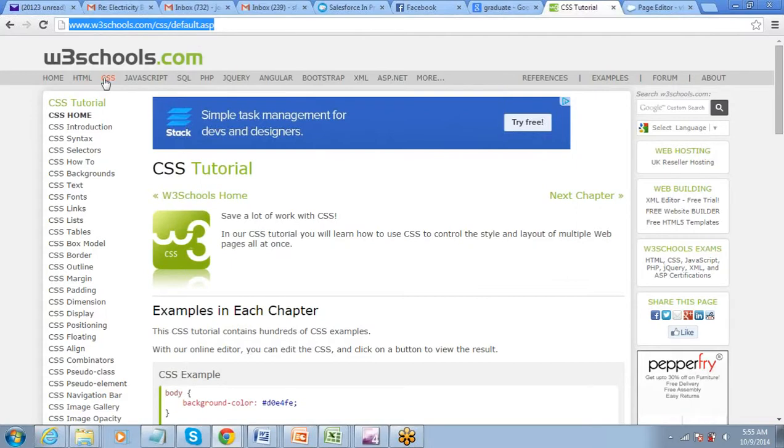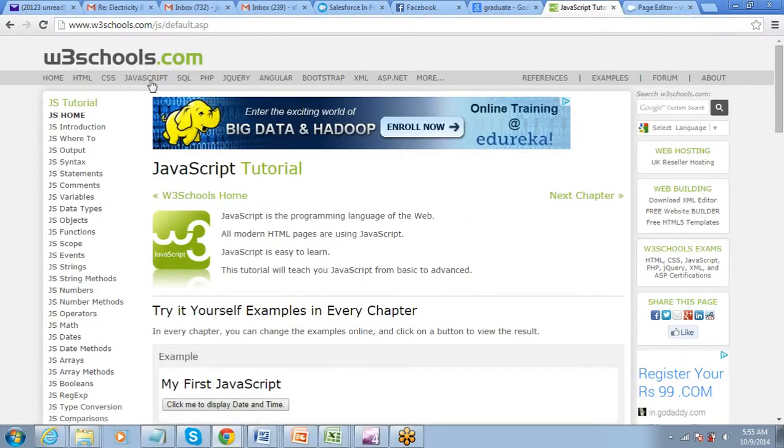So similarly, if you just come here and click on JavaScript, you will get to know a little about JavaScript. I would suggest people who are not aware of JavaScript can spend some time on this. What is JavaScript? CSS is for styling. Now what is JavaScript? JavaScript is actually a very lightweight programming language. Not a complete programming language, it's more of a scripting language.